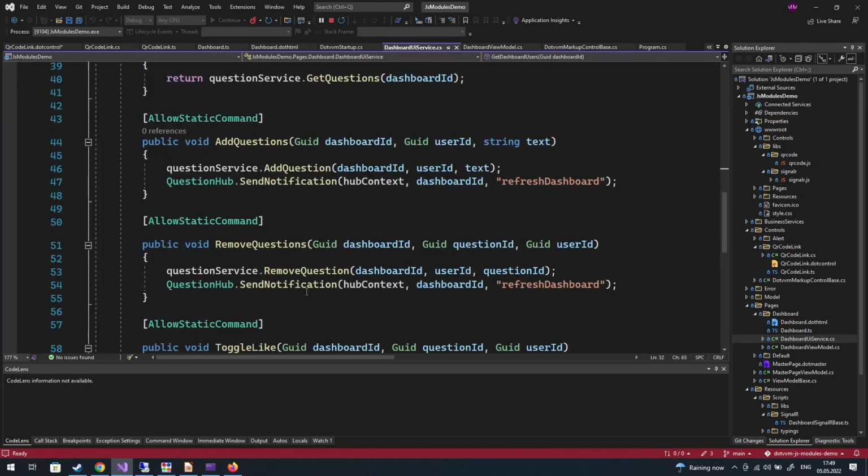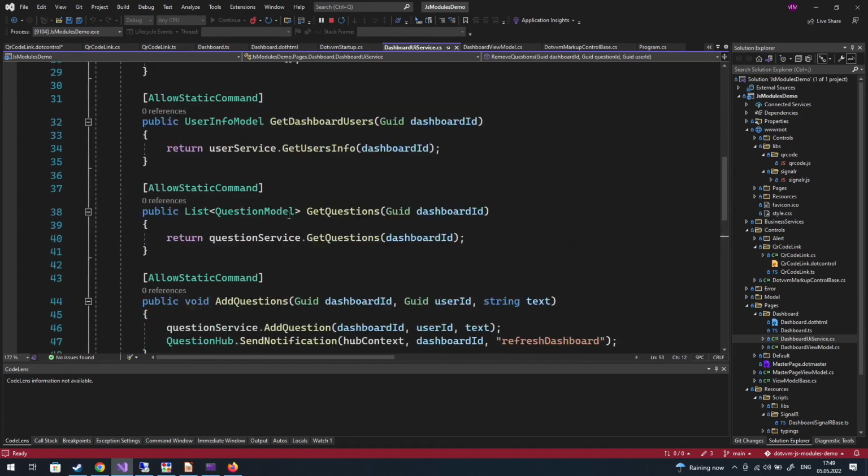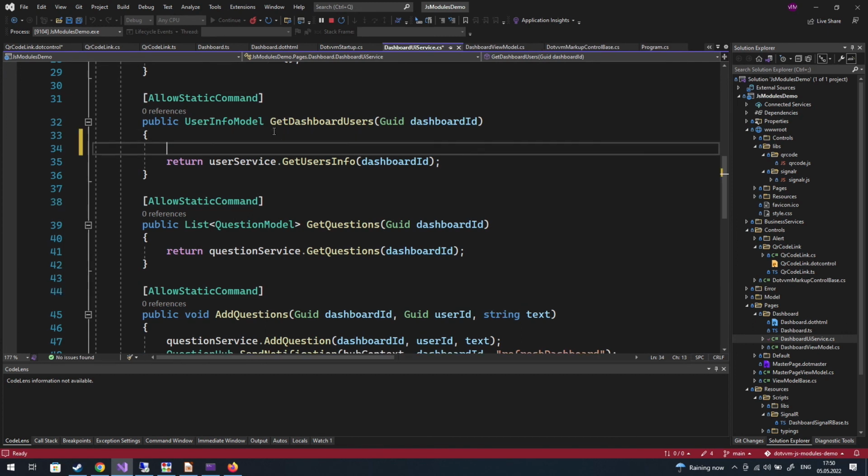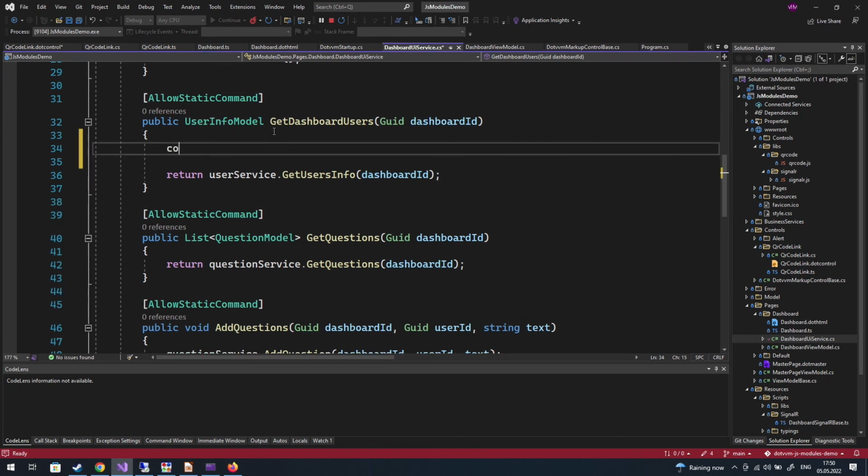I prefer to divide the architecture into business services and UI services. In the UI services, I usually have code that is strictly UI related. For example, if I was using some kind of exception filters that would catch an exception and, for example, show it in the .html page, I would do it here. I would put the authorization attributes here, and also in new DotVVM, when you want to authorize, there is